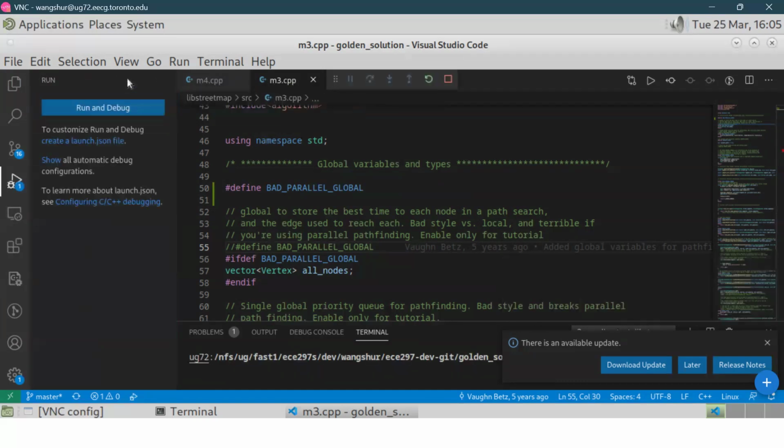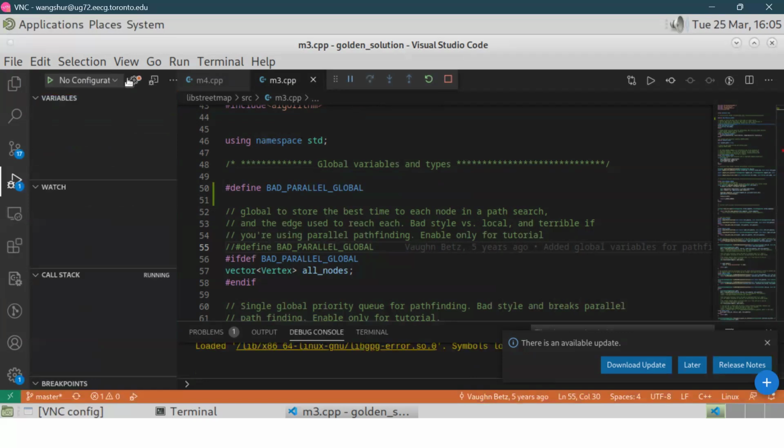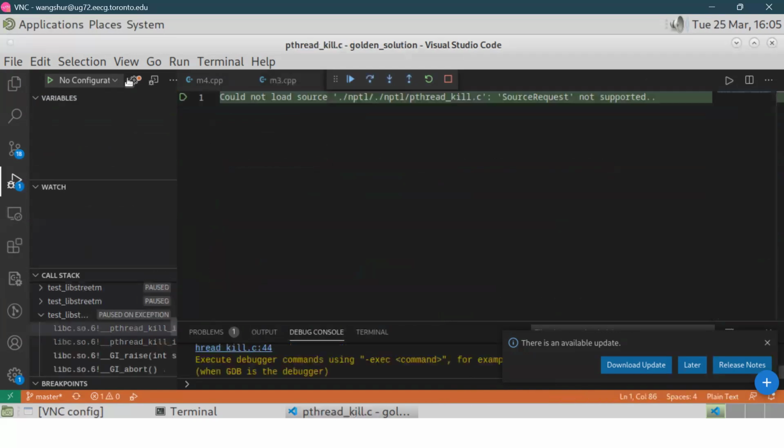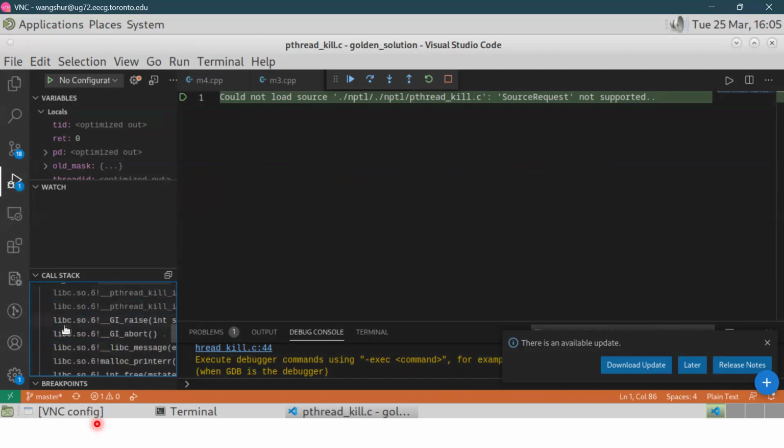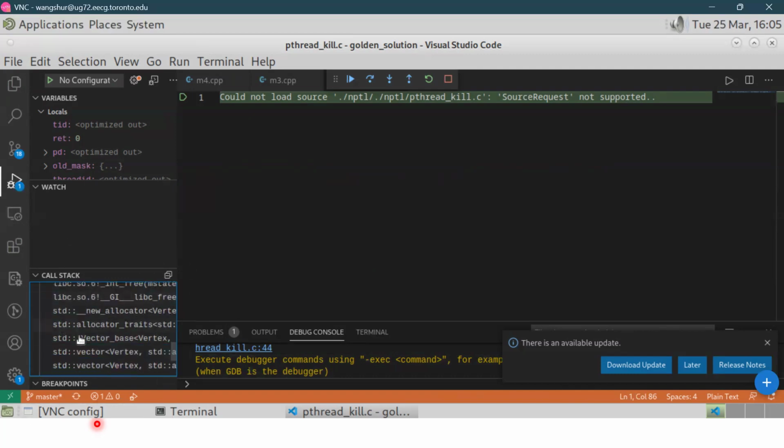Okay. And without setting a breakpoint, I'll just run the tester in the debugger and wait till it finishes. Okay, so it died in, see the call stack. It died in this thread. So we have multiple threads. We have these many threads, 16 threads, and the one that's paused on exception,